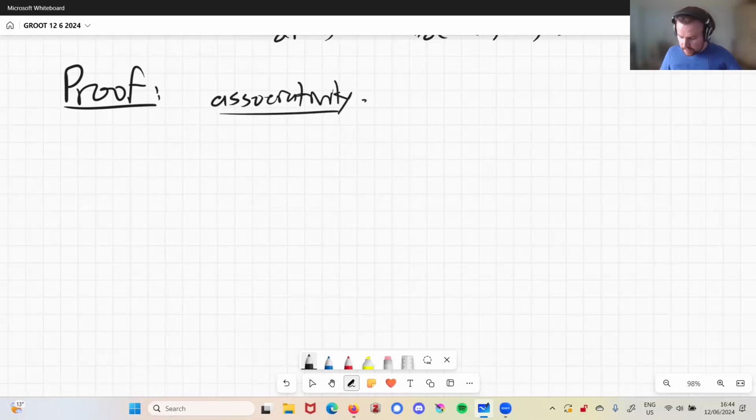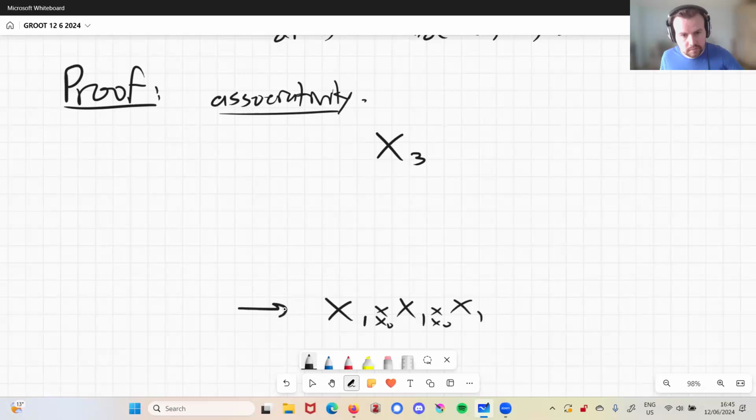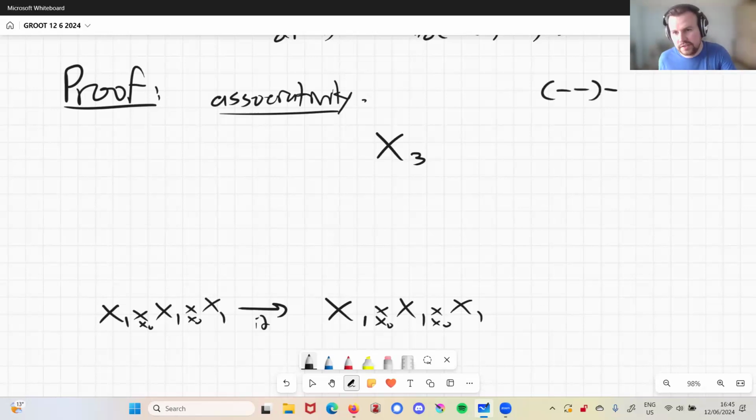All right. Associativity is going to require us to not go only up to x2, but all the way up to x3. So let's have some chain of 3 morphisms, and let's have another nice lifting problem. Well, how can we phrase the 2 composition operations we're trying to compare? We're trying to compare this operation to this operation.